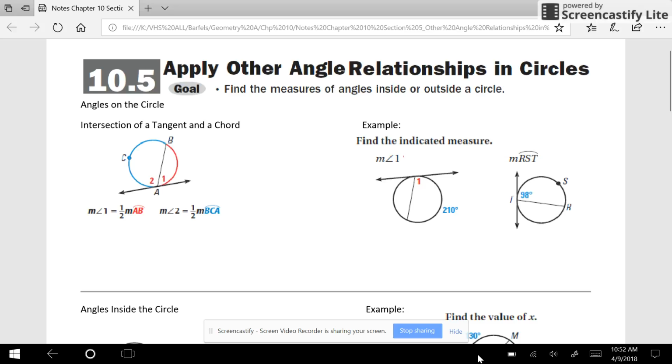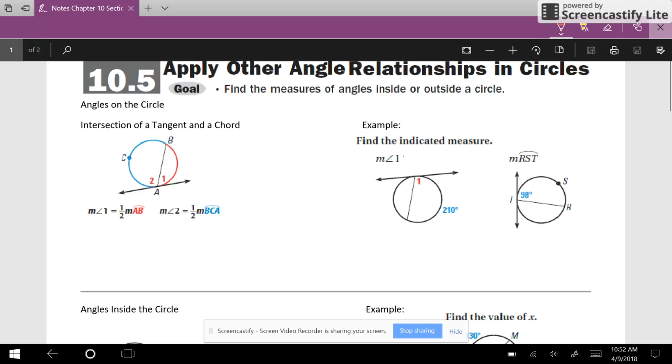in circles. We talked previously about central angles and about inscribed angles. These angles are all different. In this first section, you'll see that we have a tangent